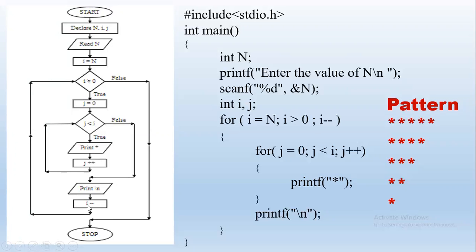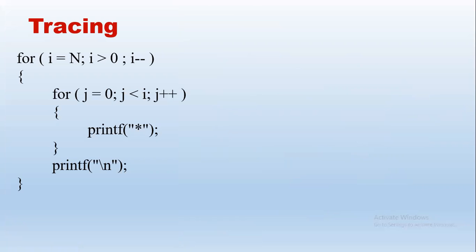Okay, so let us see a tracing. How can we arrive at this pattern using the logic? The part of the program, the main logic, is considered first. For the pattern tracing, we have the main logic, which is the nested loop. When we analyze this, similarly, n starts with 5. The n input is 5. So in pass 1, the i value starts from n.